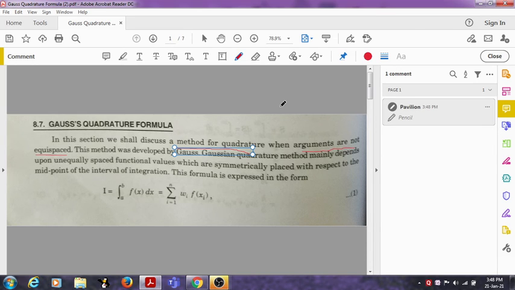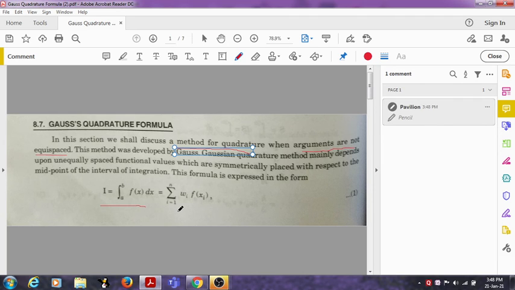So, when arguments are not evenly spaced, or not equidistant, what formula will we use? Gauss quadrature formula. In this method, we express our integral, integral f(x) dx, varying from a to b,